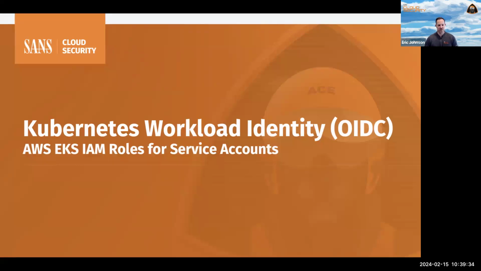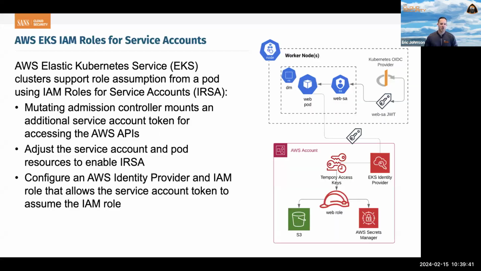Switching gears, let's take a look at what this looks like in EKS inside of Amazon's Kubernetes service. As we take a look at your service accounts inside of EKS, there's actually 2 ways to do this now. The first one, the original name was IAM roles for service accounts, or IRSA. Now, the IRSA method is very, very similar to what I just showed you inside of Azure. You install